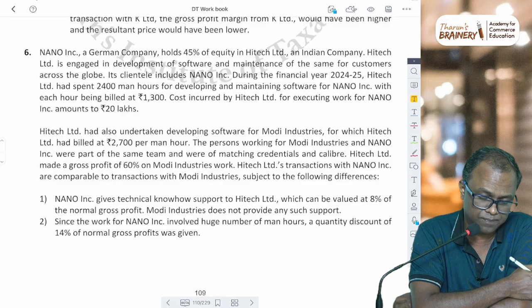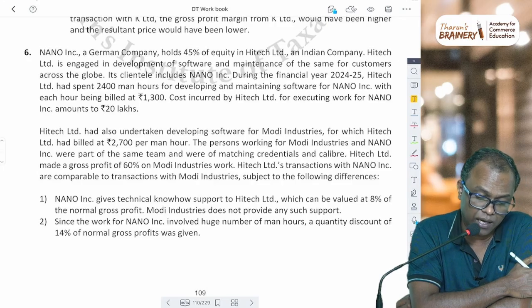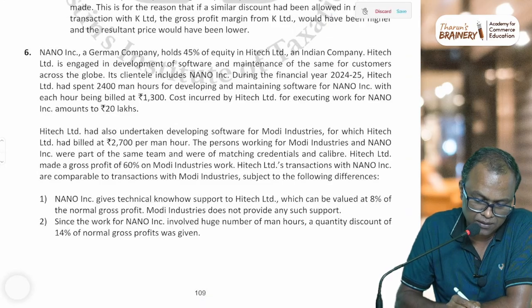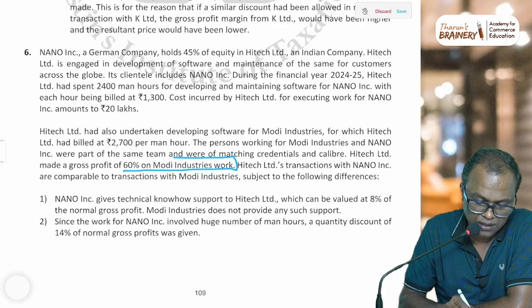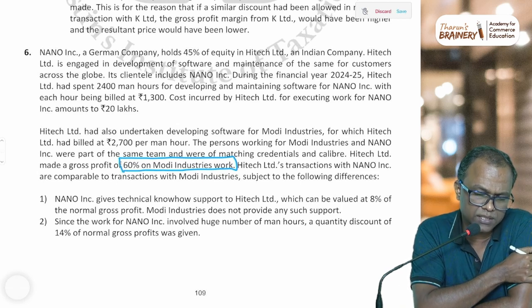We need the margin. The persons working for Modi Industries and Nano Incorporation were part of the same team and were of matching credentials and caliber. High-Tech Limited made a gross profit of 60% on Modi Industries work. Yeah, that is the data we require. Normal GP margin with the unrelated party. See, 60% on Modi Industries work means